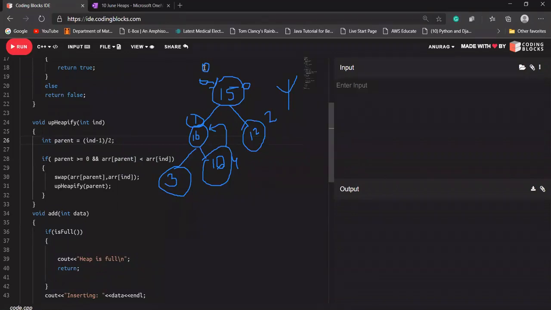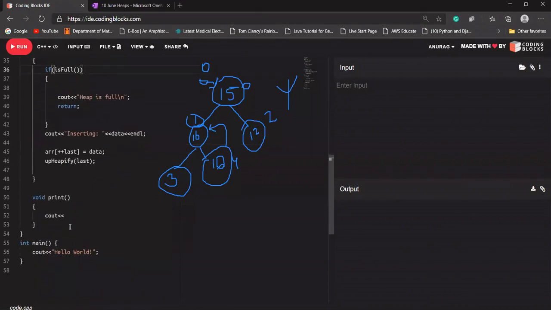Okay, Hemant, I think it is fine now. So let's design our print function. In our print function, we'll print a statement, printing the data of the heap.